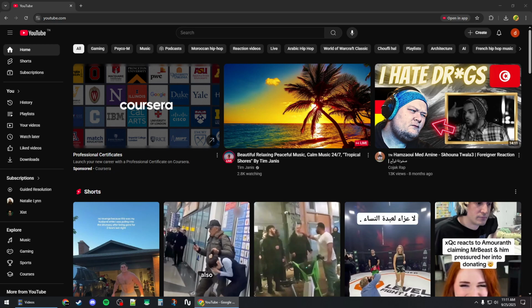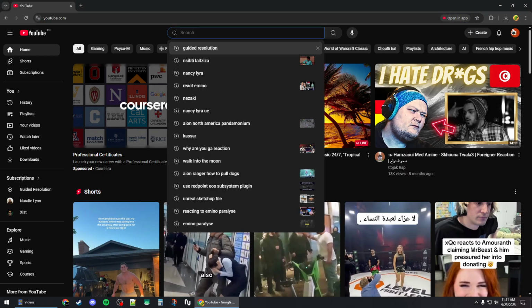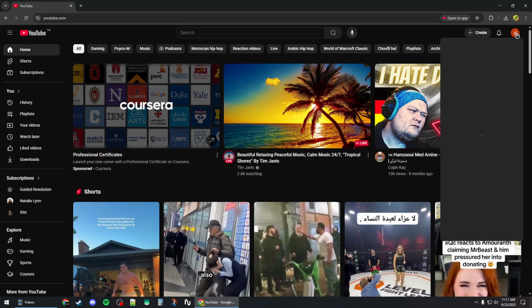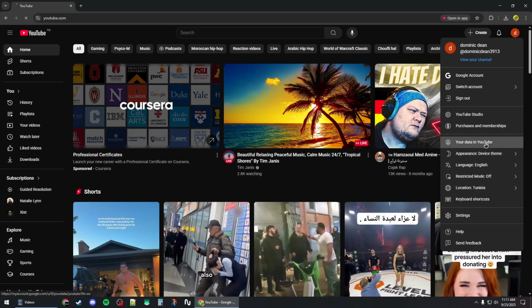How to reset the suggested content by the YouTube algorithm. So if you don't like the suggested content, here's how to reset it. First, you'll need to open up your browser and head to youtube.com, and then make sure you're signed into your Google account or YouTube account, and then click on your profile logo and then click on your data in